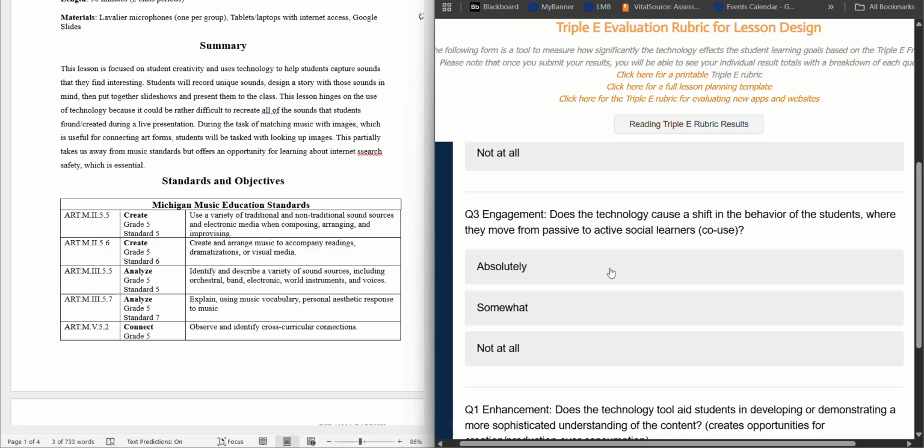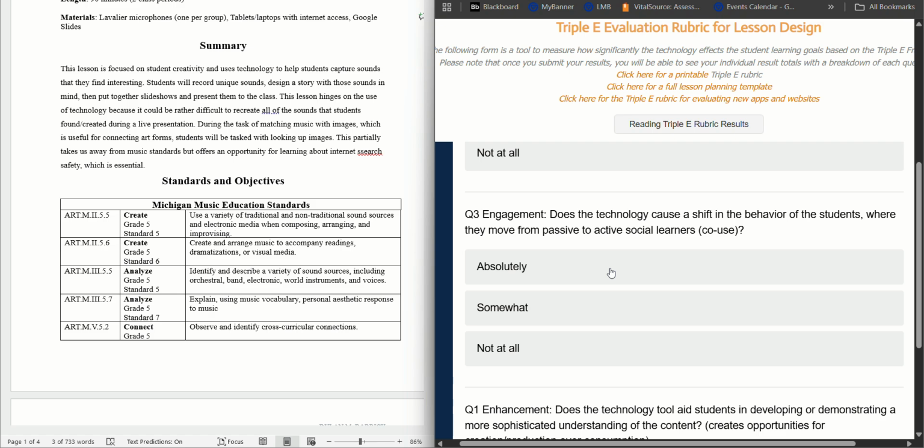Question three for engagement, does the technology cause a shift in the behavior in the students where they move from passive to active social learners? I would say that it somewhat causes a shift in the behavior where they are